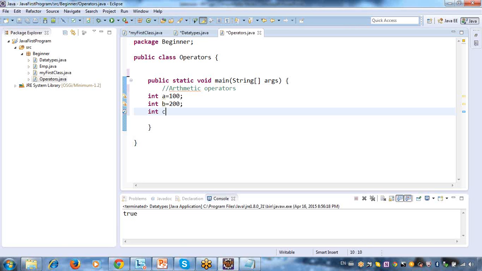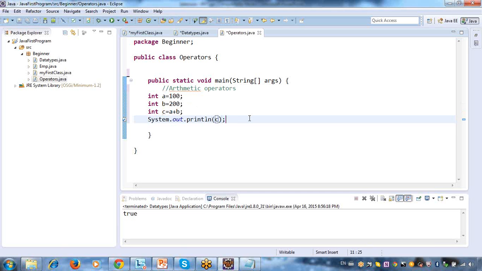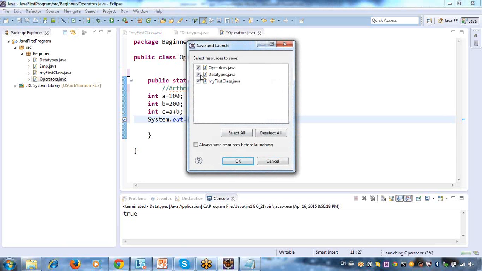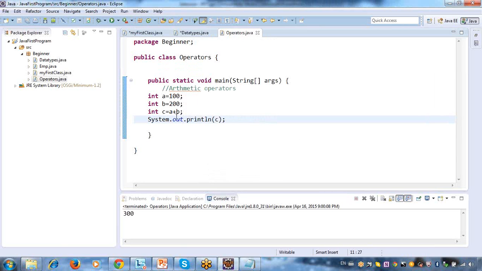Then I can say int c is equal to a plus b. Now you can print this value to check whether it is coming correctly. When you do this, you will be getting 300 for c.